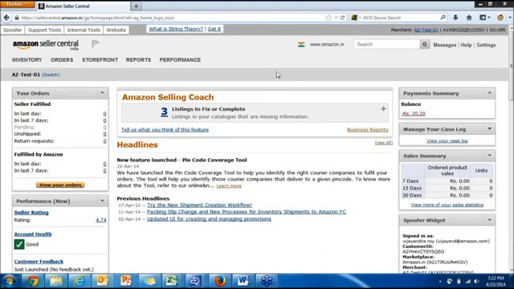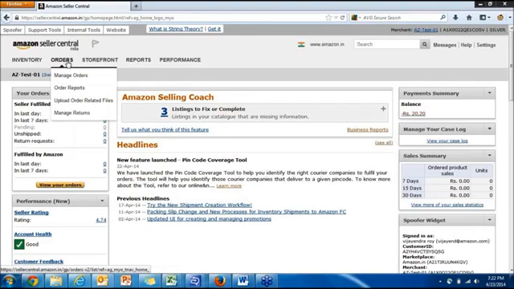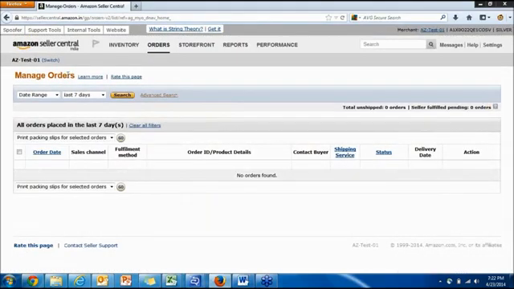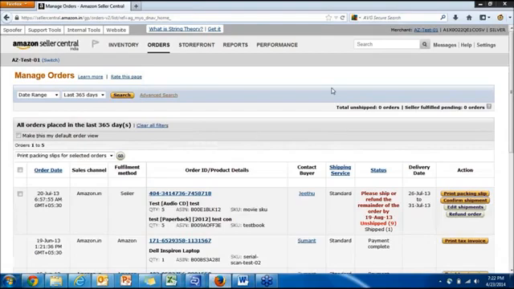In this session, we will talk about order management. On the Seller Central website, you will see there is an option called orders after inventory. Under orders, we will go to manage orders first. This is the page where you will see all of your pending orders. As you can see, by default, the date range selected is last 7 days. You can always change that to a maximum of last 365 days, and you can click on search.